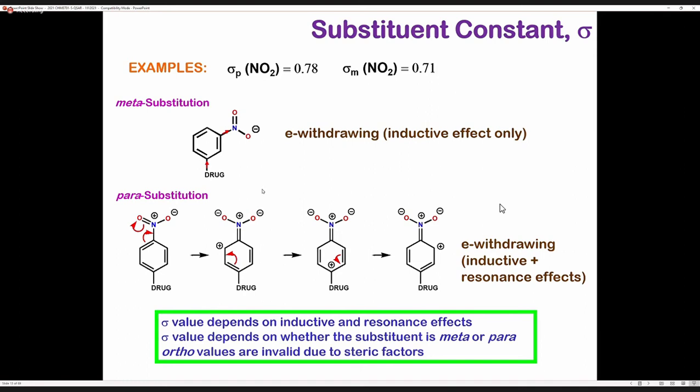Para position tak ada, dia tak pergi dekat auto position. Tapi still you boleh kira. Kalau you buat computational, usually you boleh kira, tapi dia akan kira sebagai invalid lah, because the group is quite big lah, right? So this is electron withdrawing, ditunjuklah kat sini contohlah resonance effect based on the electron withdrawing punya